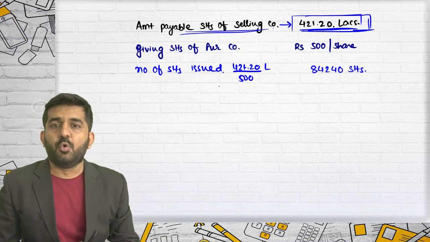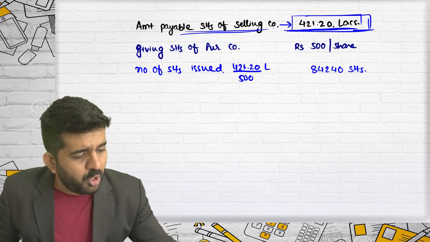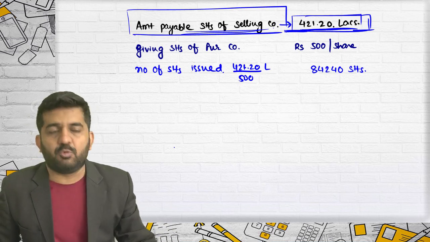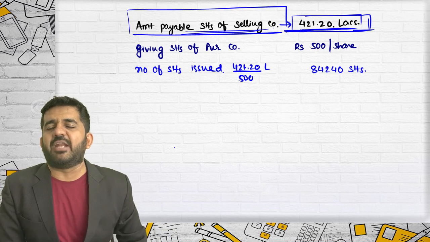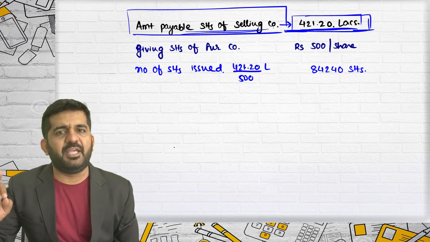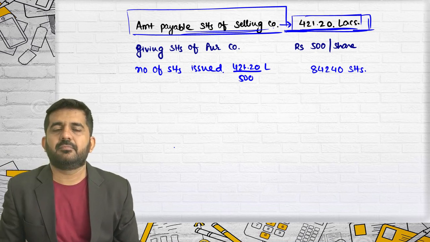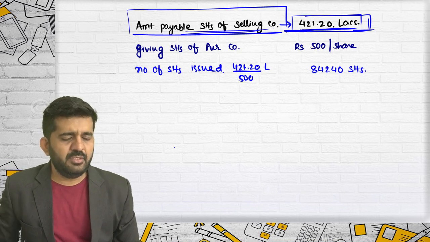The answer is no. Can anyone tell me what would be this answer? Amount payable to the shareholders of selling company if exchange ratio is based upon MPS. If exchange ratio is based upon MPS, what amount are you paying to all the shareholders of selling company? Can anyone tell me? No one? Stuti?